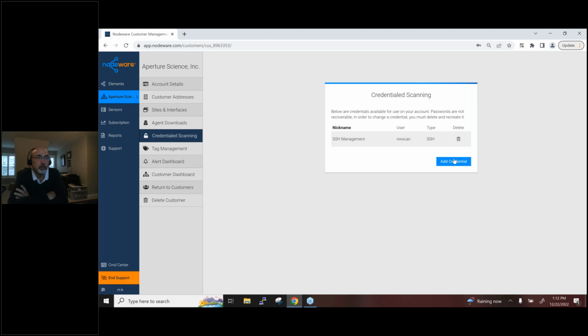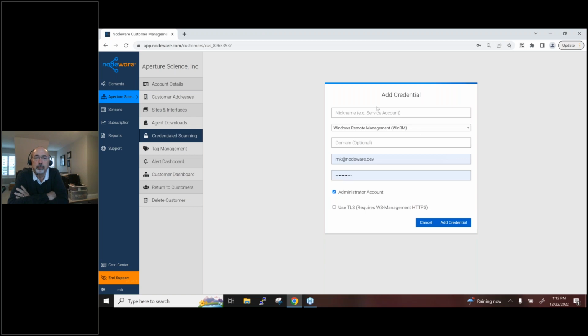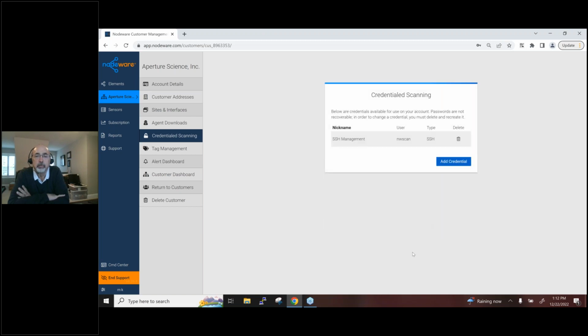If you want to get the sensor to equate to an agent, you can apply credentials. You simply hit add credentials, provide a nickname, the type. We use WinRM as well as SSH for your Apple or Mac and Linux machines. And then you provide the login credentials. And then you can apply those to your sensor devices. So the sensor will log into the background of the machine. It will have access to the registry, the full file system, all open ports internally and externally, and so forth. So the nice thing about credentialed scans is you get a much richer data set on the results, which I'll show you briefly here in a moment.